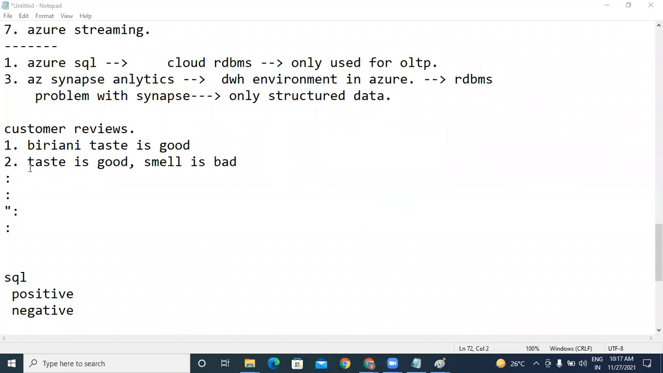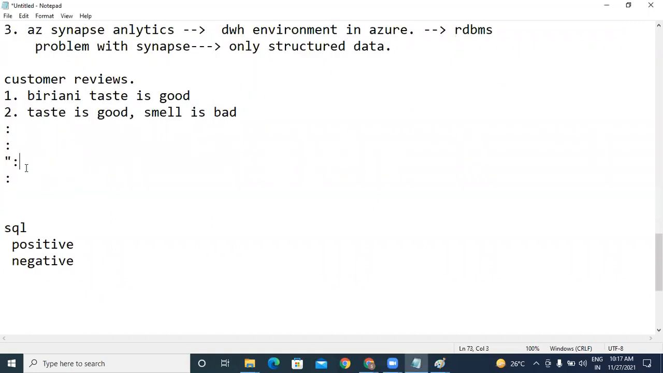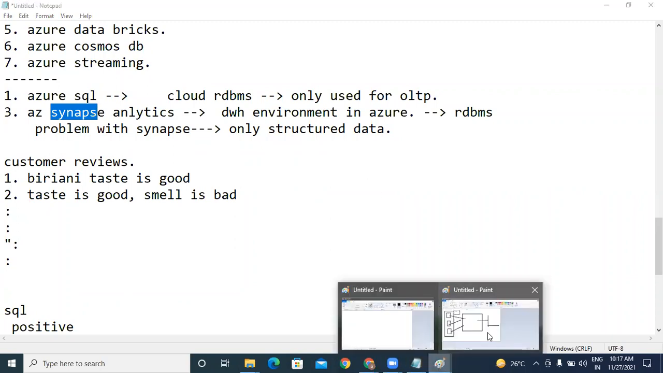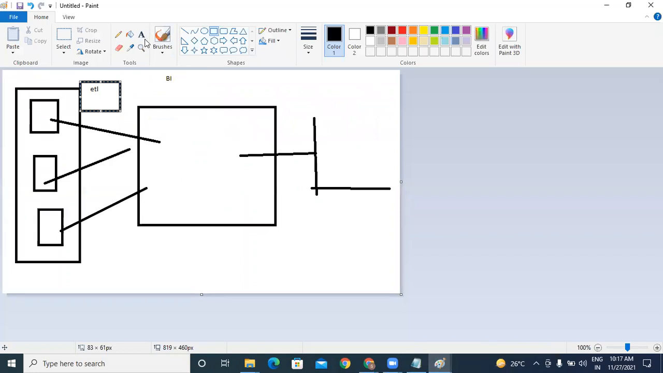What about audio, video, images? These are all unstructured. All these things are unstructured. These things cannot be handled by Synapse. Got it? Now, in my warehouse, look at this. If you treat this as a data warehouse,